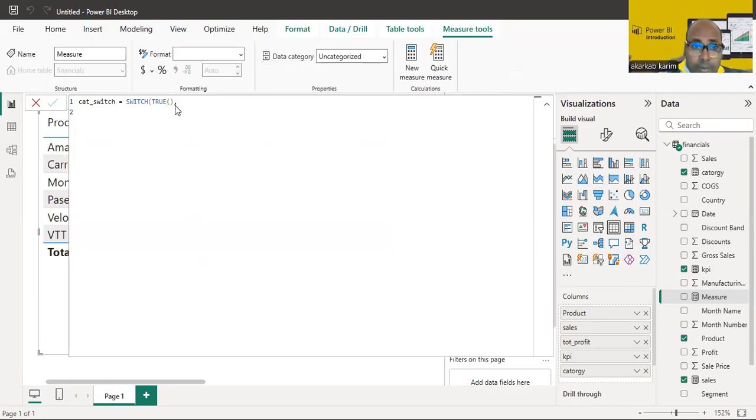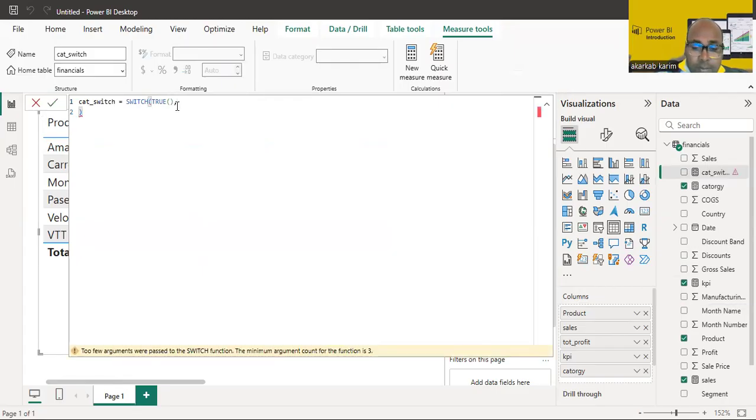We have a comma here, sorry, and we have KPI, so we apply again the index that we have. If the KPI is less than or equal to 6, this time return to me this message of